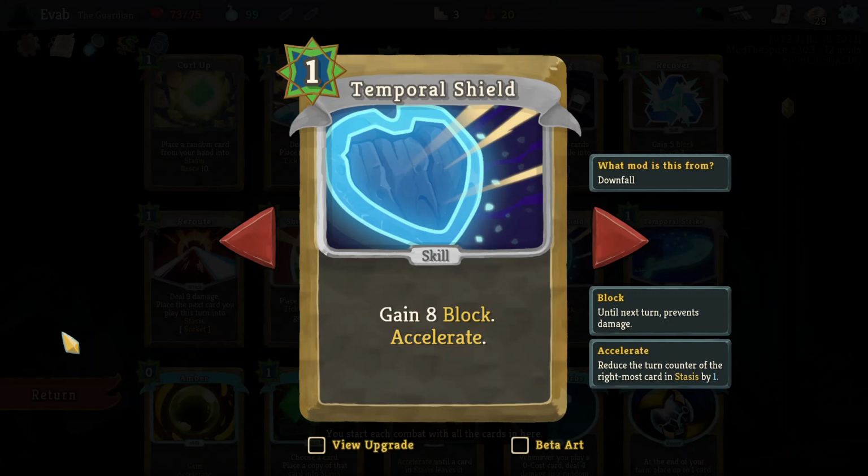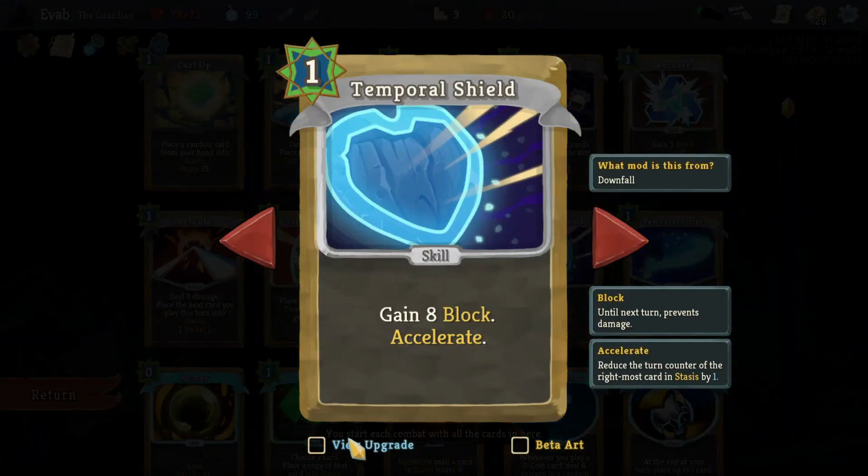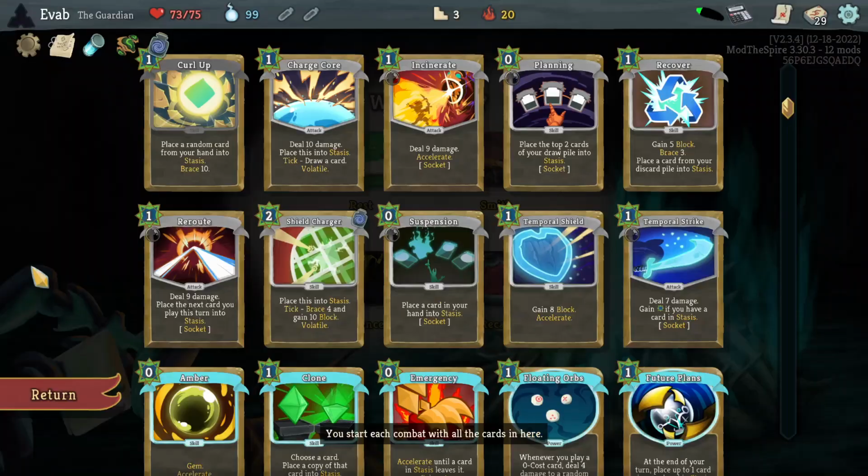I think it's an okay card though. 8 block is, like, Defend Plus is a good amount of block, and 11's very respectable. It's actually very close to Shrug It Off. It's got numbers, it's got a kind of draw, because Accelerate gives you a card. Sometimes. The one main thing to remember about Accelerate though is that